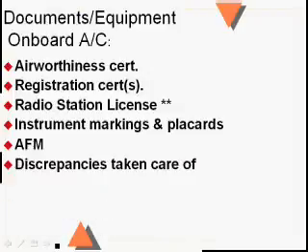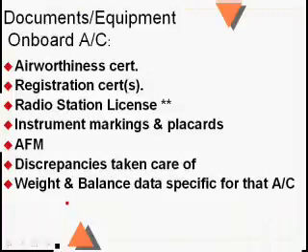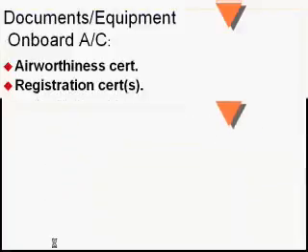You have to take care of the discrepancies, whether you use the 4+3 method out of Part 91, whether you have an MEL, whether you have a special flight permit, or, of course, the fourth way would be to actually fix it. You've got to legally, morally, and ethically take care of any discrepancies that you find so that the airplane will be airworthy. And, of course, a piece of paper somewhere in the airplane has to have the weight and balance data for that particular aircraft that has the empty weight center of gravity. Now, we usually stick them in with the approved flight manual, but heck, if you wanted to, you could duct tape it to the ceiling or fold it up and stick it in the glove box, and that would be an acceptable place to keep that weight and balance data for that particular aircraft.